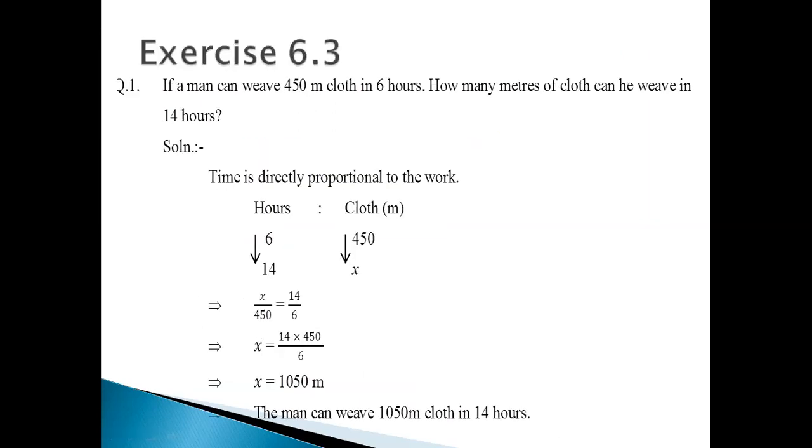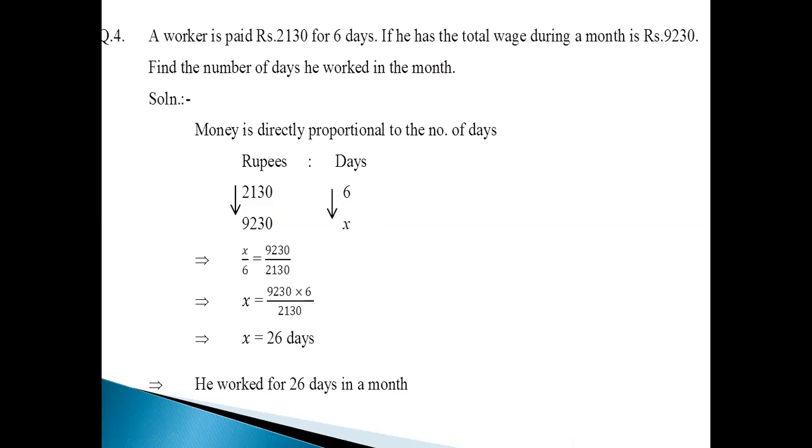Now come to the next question. Next question is question number 5. Question number 5 is: Uzair takes 75 steps to cover a distance of 50 meters. How much distance will be covered in 375 steps? Again, for 75 steps, 50 meters, you are going to find for 375 steps, the distance is unknown, so X meters. So again, this is direct proportion. If the number of steps increases, the distance automatically increases. In the same way, here you write steps, here you write distance.